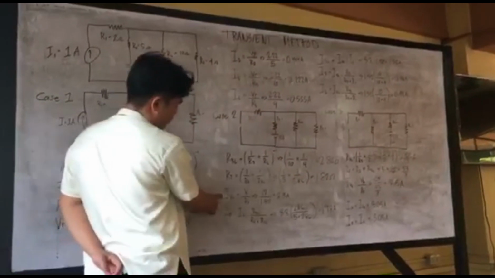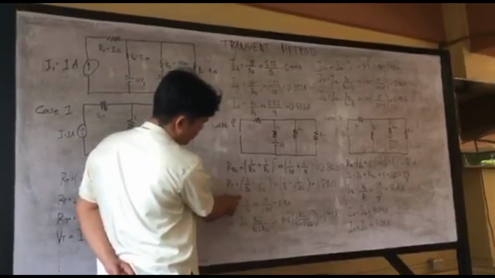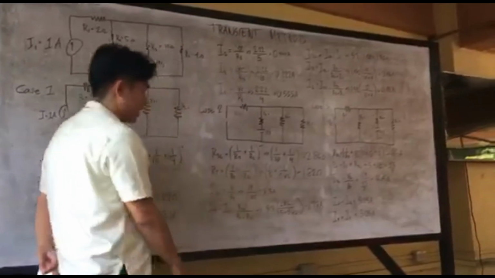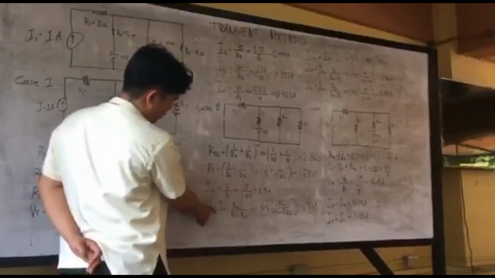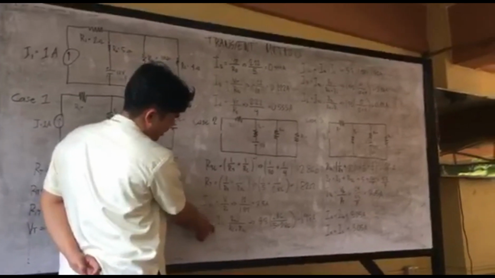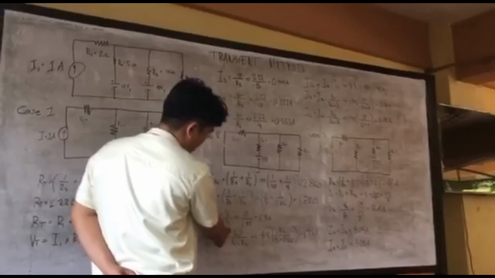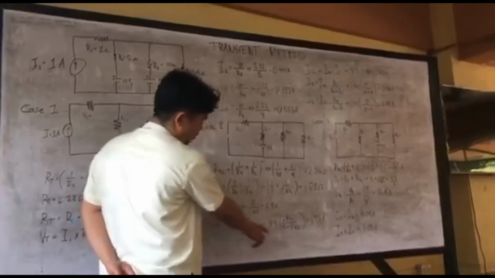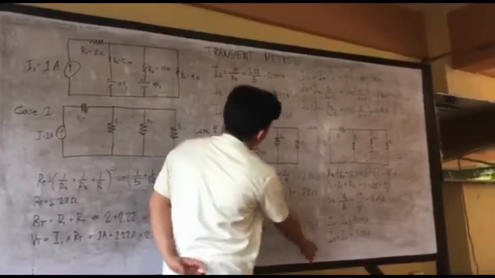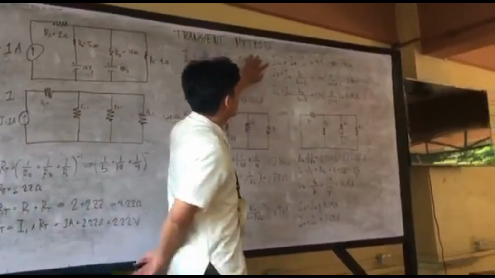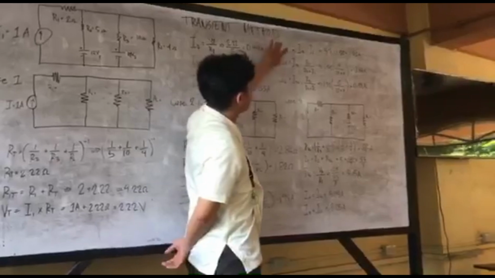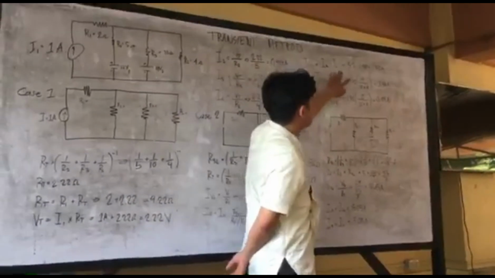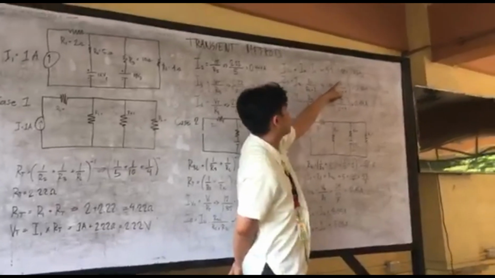And for the IP sub 1, the formula will be V1 over RT. Substitute, the answer will be 3.3 amps. For the I2, the formula will be IV1 multiplied by R3L over R2 plus R3L. The answer will be 1.98 amps. And next, I3L is equal to IV1 minus I2. And substitute, the answer will be 1.22 amperes.